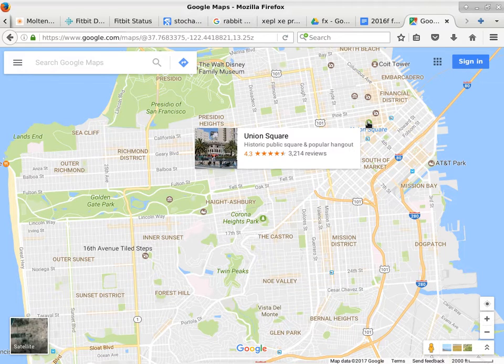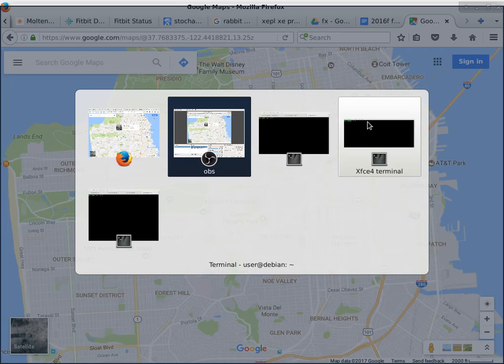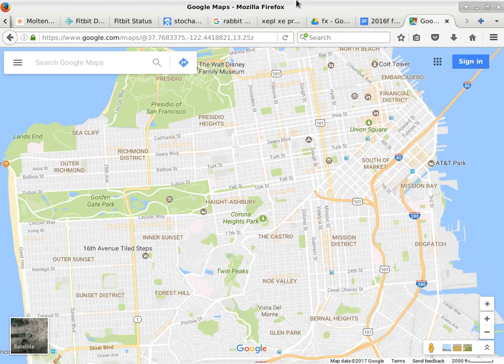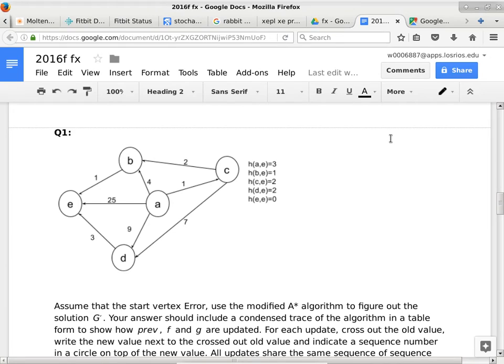Question? Can you go back to the example? Yep. Oh, it's on the browser, just on a different tab. There we go. So why is the heuristic from D to E only one? From D to E, the actual edge is costing 3, but the heuristic is 2, so that's okay.